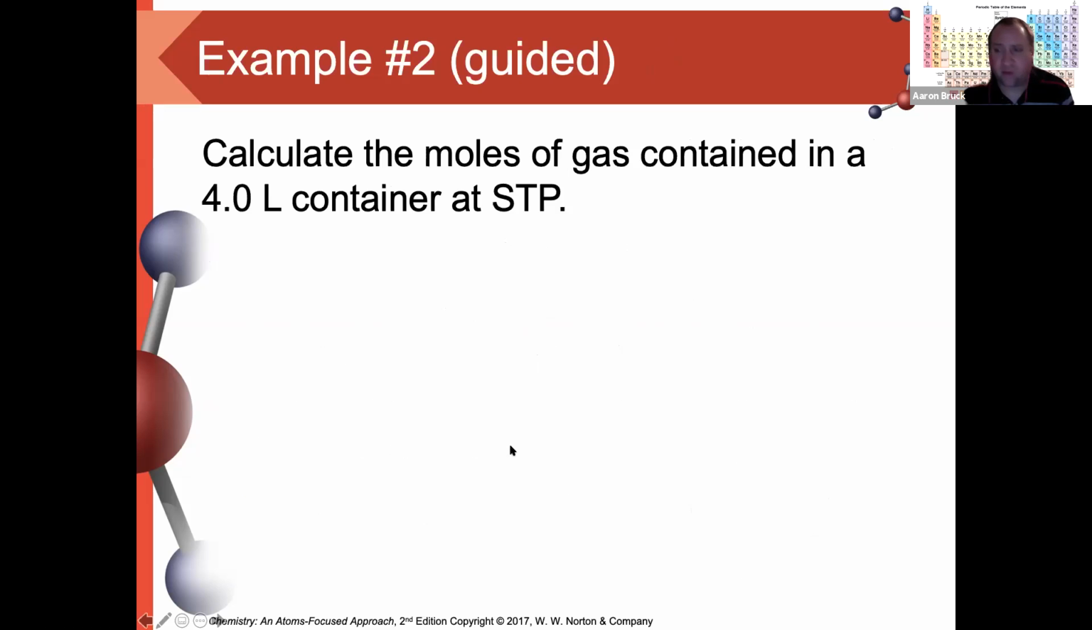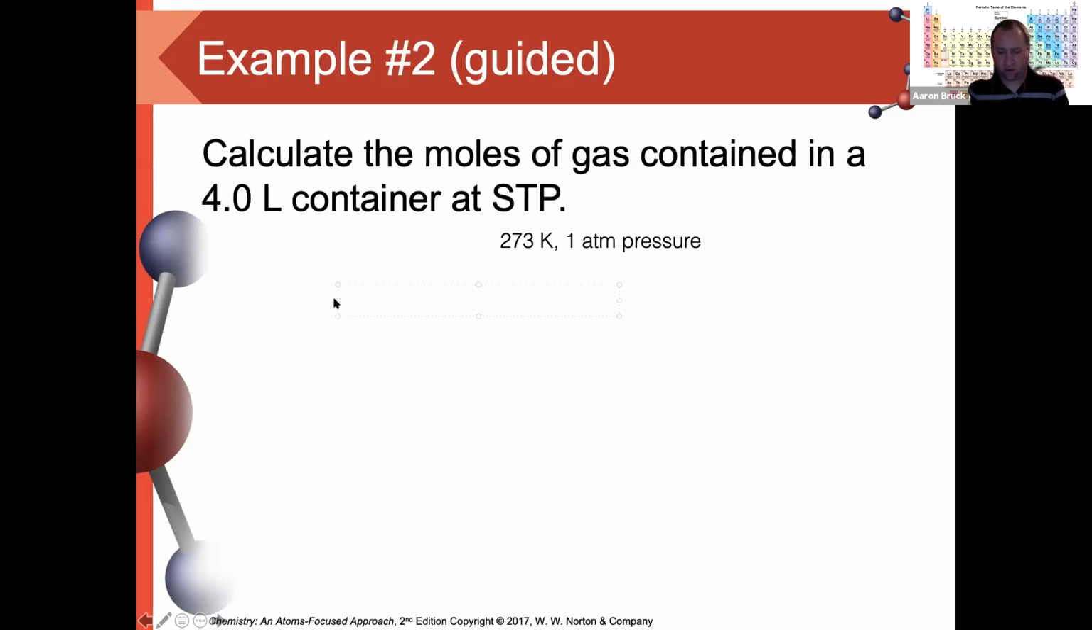So let's do a couple of calculation examples. How many moles of gas are contained in a 4-liter container at STP? Now again, STP is 273 Kelvin and 1 atmosphere of pressure. And so there are two ways that we could solve this. We could use the ideal gas law,